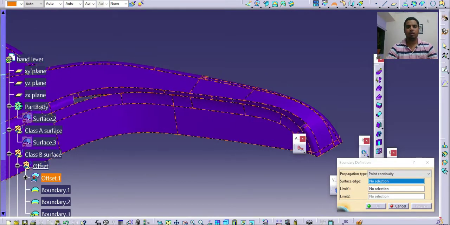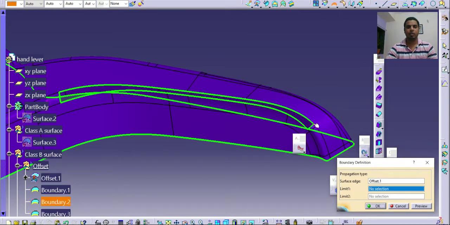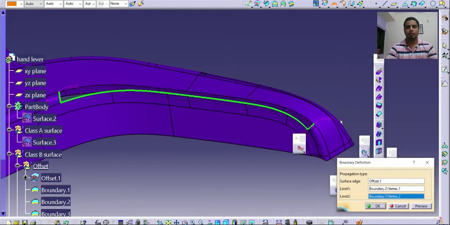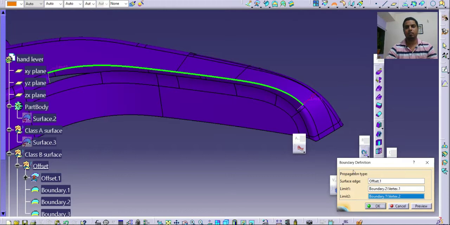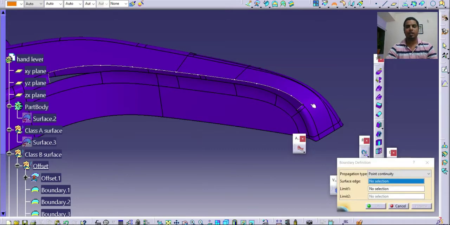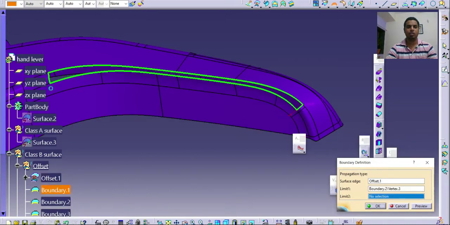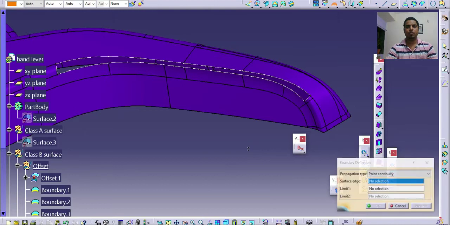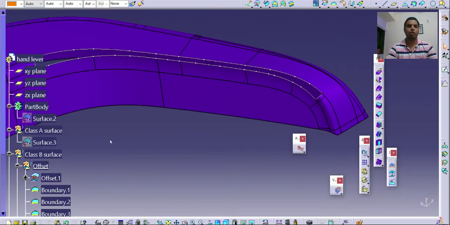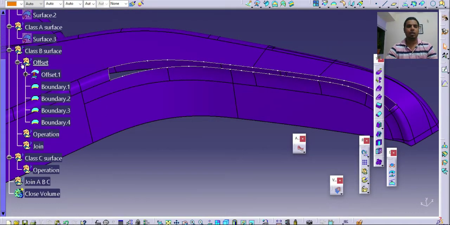Again, we will be extracting a boundary from this end to this end, and I will change this direction. Again, I will be using a boundary for this surface, and I will select this edge to be extracted. Okay, so we will be having 4 different curves, and all of them have to be in an operation tab.